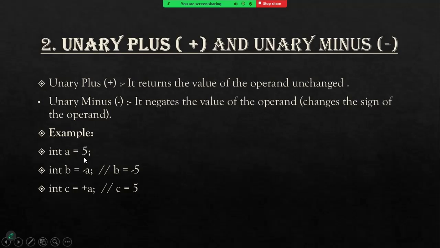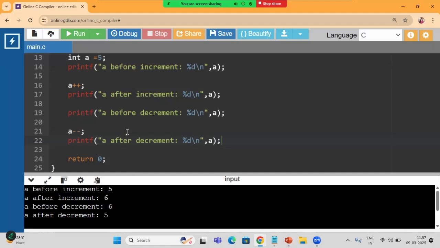Like this example, you can see that int a equal to 5. After that, int b equal to unary minus a. So the value of b became -5. After that, int c equal to plus a, and unary plus does not change the sign of the value. So this is the difference between unary plus and unary minus. Now with a coding,